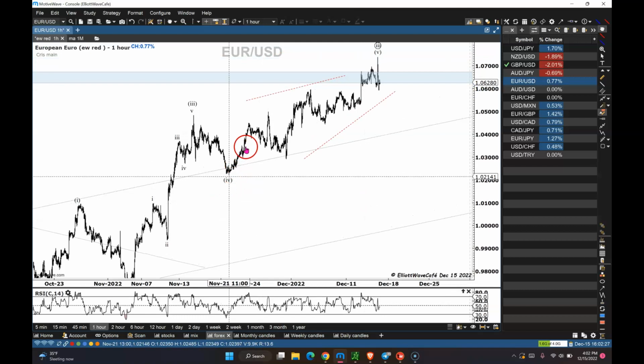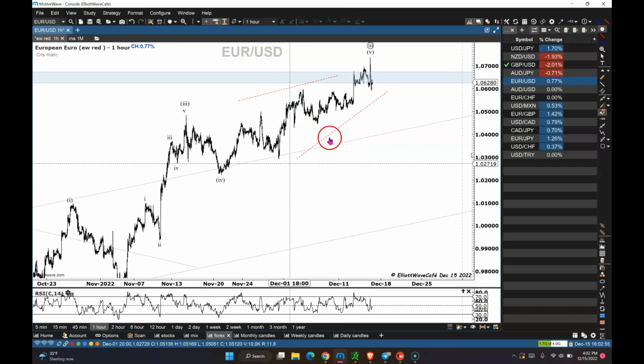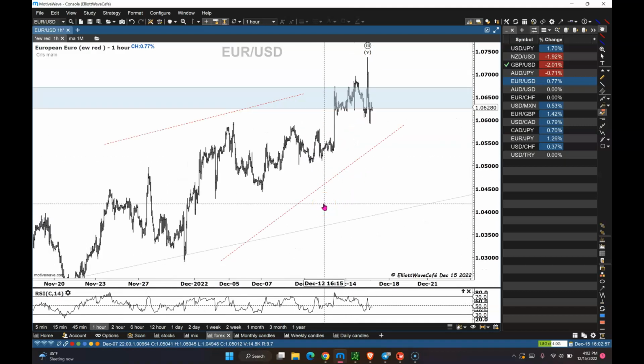This looks like you're having a 1 in here, 2, 3, triangle 4, and then up in 5. Even though you got into the territory of the wave 1, you finished here as a triangle. So, I don't have a problem with it. Even as an ending diagonal, I think wave 3 or wave 5 is bigger than 3, which is not really supposed to happen. But, either way, I think we're done in here. And this is the move that kind of confirms that.